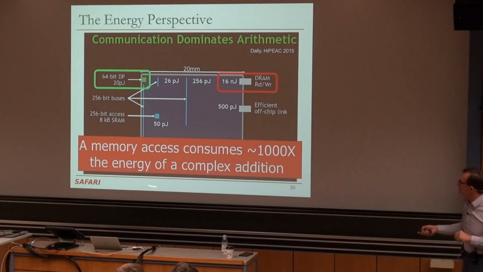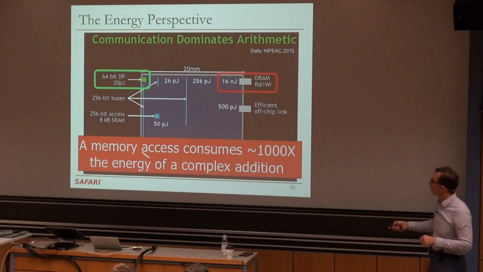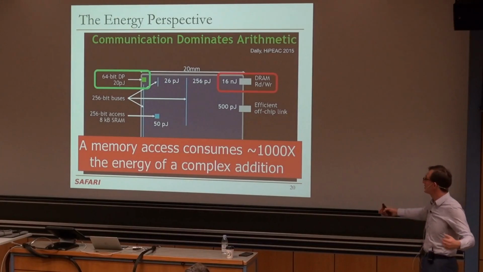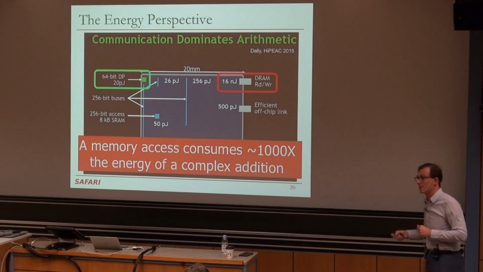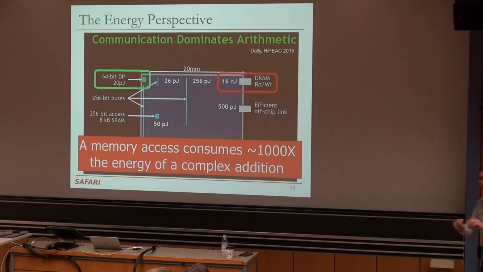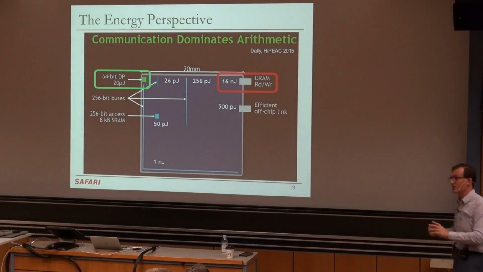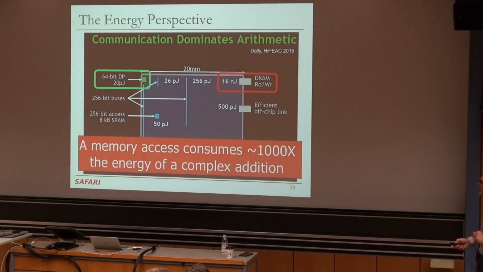Since then, logic has improved quite a bit, and we know exactly how to do these things, and Moore's law has enabled a lot of integration, of course. So we've improved the computation part quite a bit. But over the course of 70 years or so, the interconnect and the memory part didn't improve as much. Interconnect certainly didn't scale very well. That's why interconnect, even on-chip interconnect, is a relatively large bottleneck, but off-chip interconnect is a huge bottleneck, right?